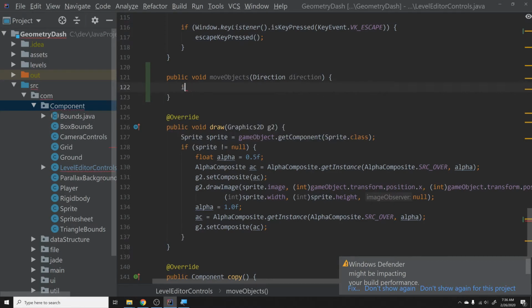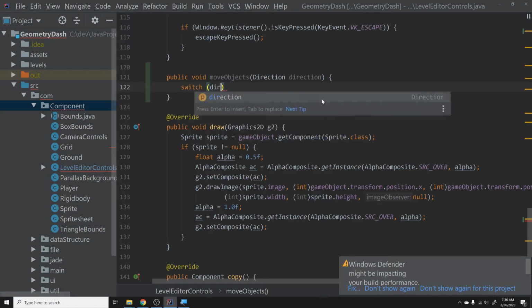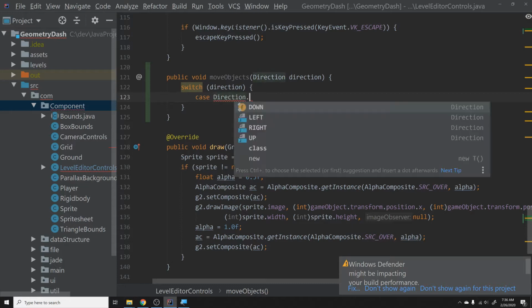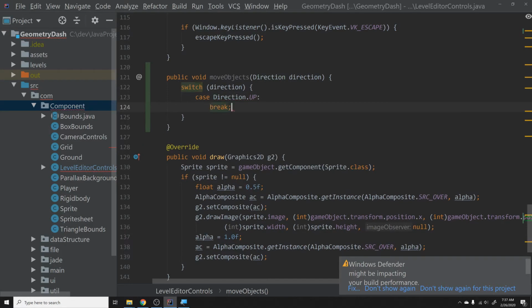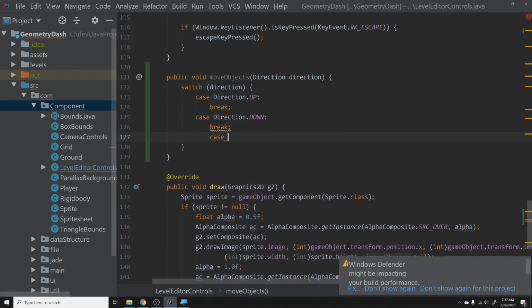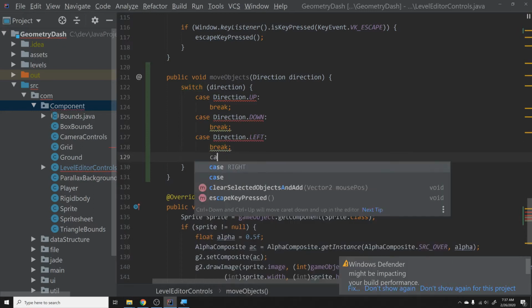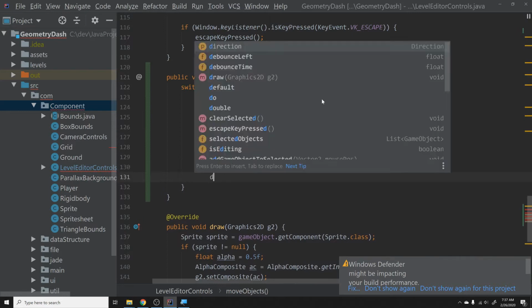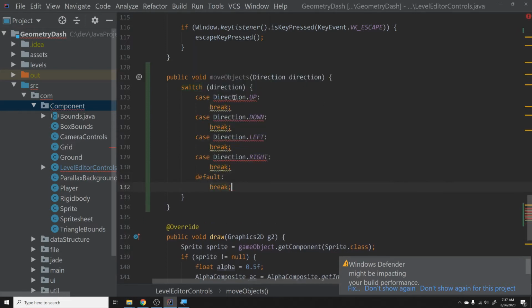Then we'll just say switch on direction. And we'll say case Direction.up. We do one thing and then we'll break. We'll say case Direction.down. We'll do one thing and then we'll break, and we'll get to that error in just a second as well. Let's just add in the last couple and then break, and case Direction.right and break, and default and break. Okay, and then what's this saying is an enum switch case label must be the unqualified name of an